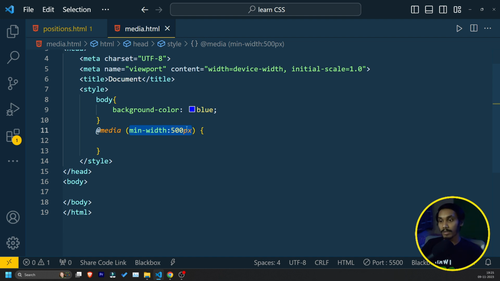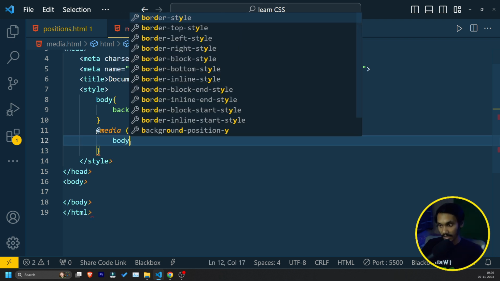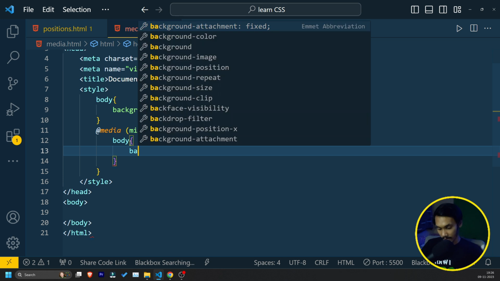Now, what does min-width 500 pixels mean? Min-width 500 pixels means when the screen is bigger than 500 pixels, then do something. Whatever modern framework you see now, like Bootstrap, Tailwind, everyone uses this min-width only. Fine. So what I'm saying is, if the screen size is more than 500 pixels, do something. What do we do? Target the body and give a background